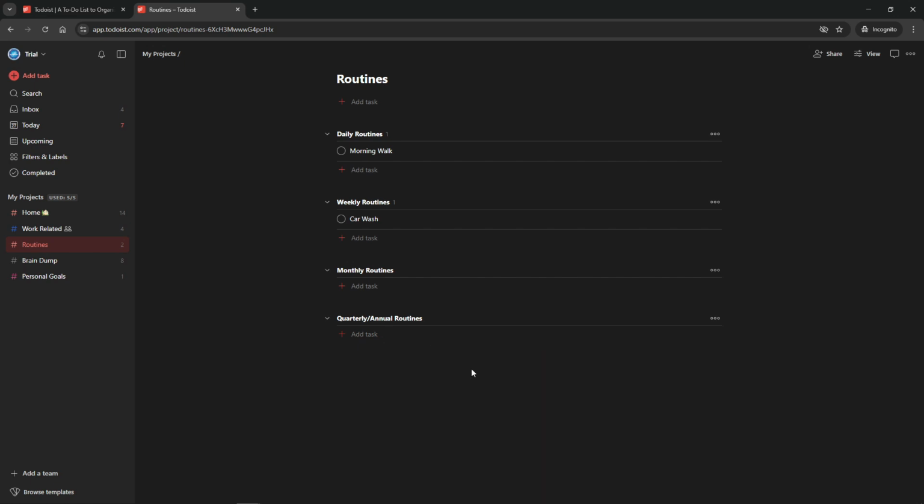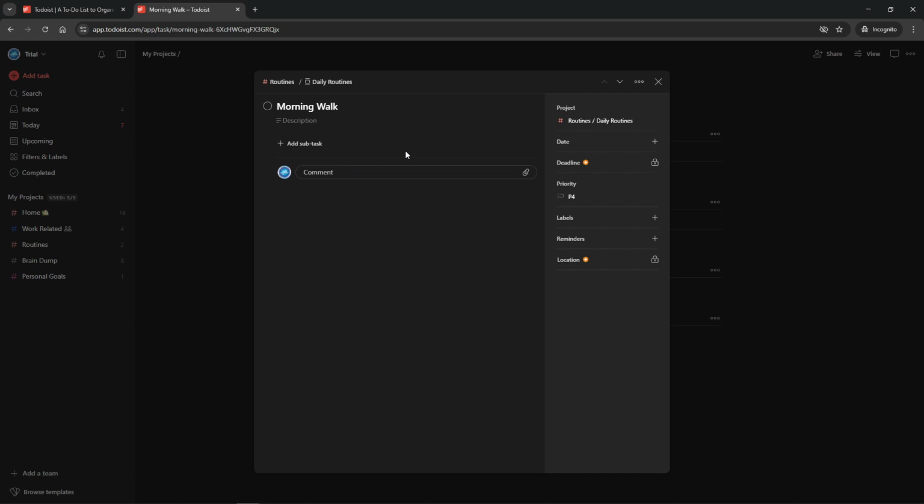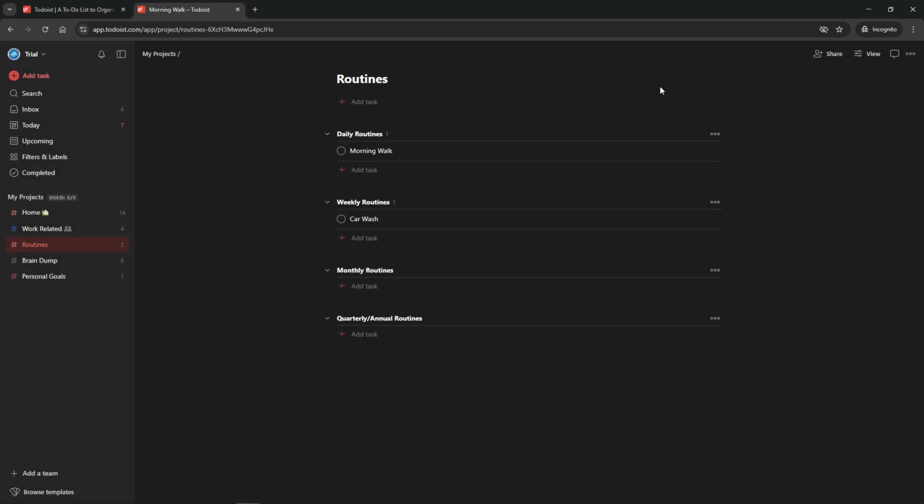Setting priorities is another key element. Todoist allows you to use priority flags ranging from P1 to P4. These flags help you differentiate tasks based on their urgency and importance. By setting clear priorities, you ensure that you're always focused on what truly matters and avoid getting caught up in